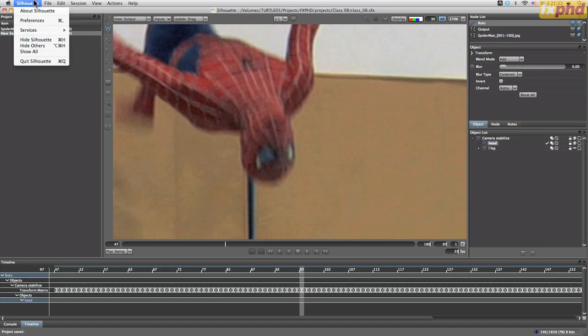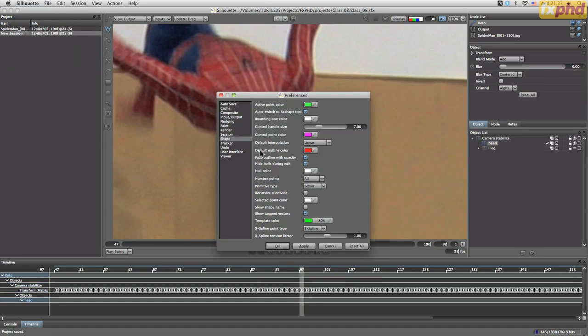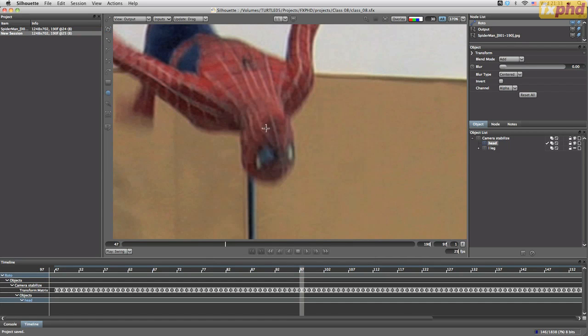While we're taking a quick look at preferences, one other thing I want to have a look at is the primitive type here. Currently it's set to Bezier, and that's how it is when you first install Silhouette FX, but we can change this to either B-spline or X-spline, depending on your own preferences. And I'm going to keep this to X-spline. I like working with X-spline,